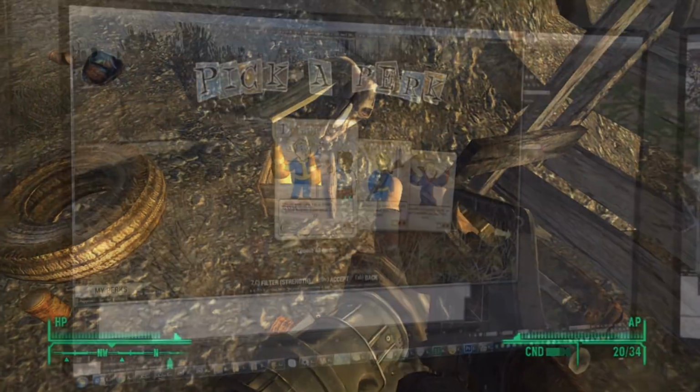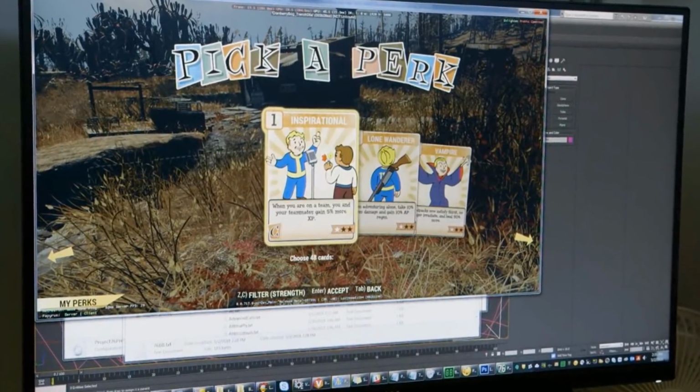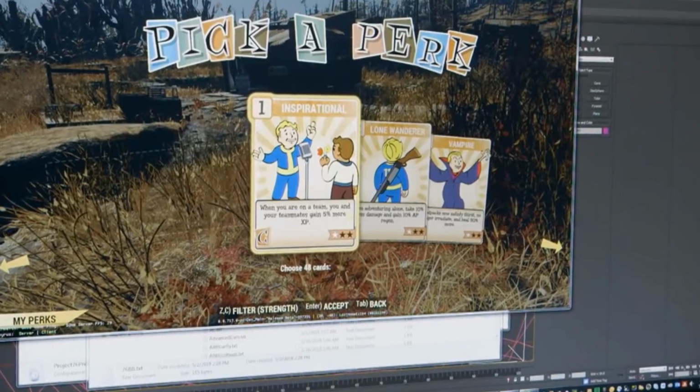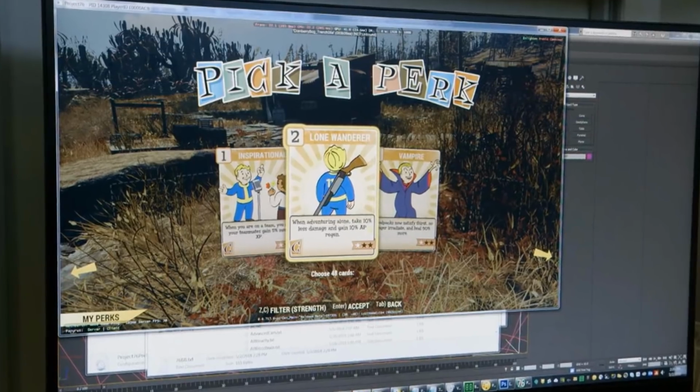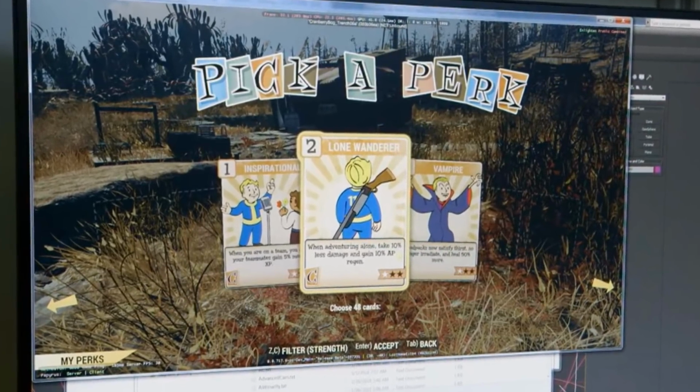So it starts off with Inspirational, which when on a team, you and the team get an extra 5% experience points. Like I said, you can upgrade these so it can go up to 10, 15, 20%. There's also Lone Wanderer for those who are trying to play the game alone. Mind you, you can't play offline just by yourself,